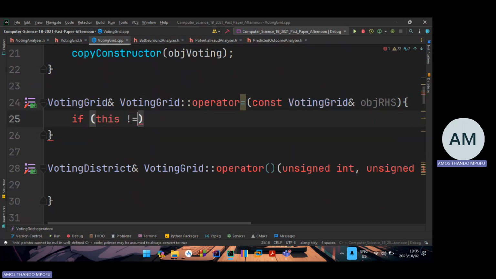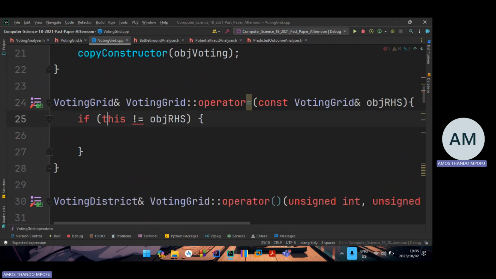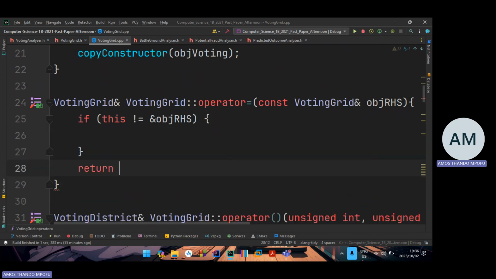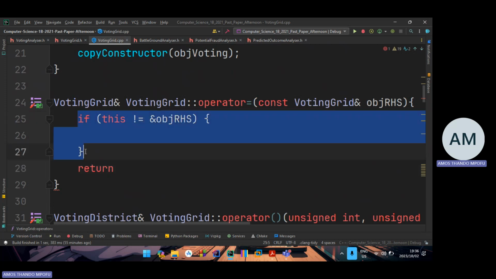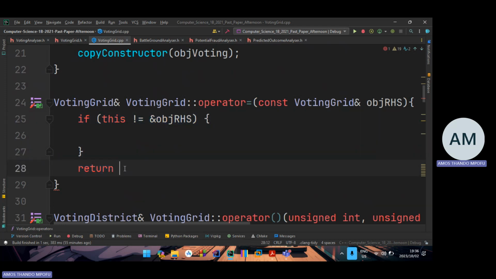So I'm going to say if the address of the object that I want to copy into, using this, if that address is not equal to the address of what I'm taking in, and I need to put the address-of operator to indicate that I'm specifying the address. If it's not equal to that address, then you should assign. Else, whether it did this or it didn't, you should just return